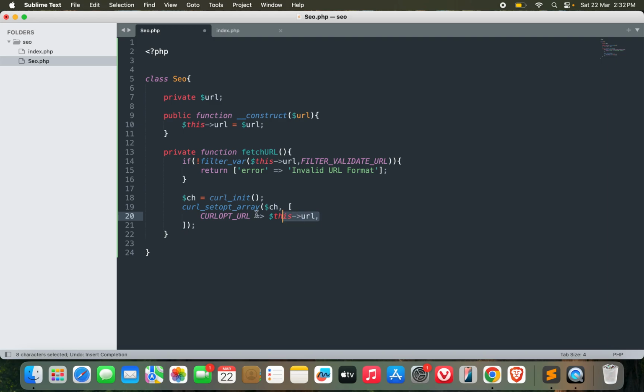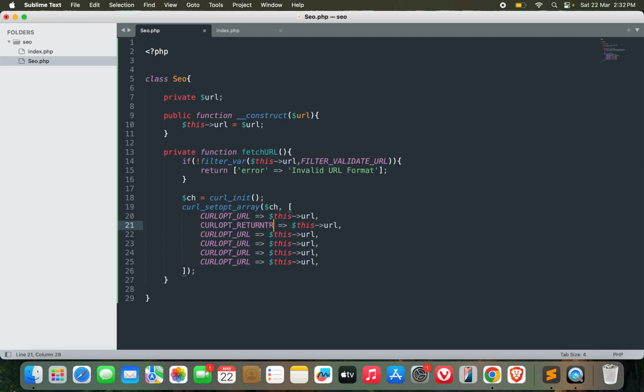Similarly, I can copy it and make some more options. The next one I need is return transfer. This should be 1. Similarly, I can set the user agent as well. User agent means from where I am actually making the call. Is it some browser, some application? I don't know what it is. So what I can do here is,